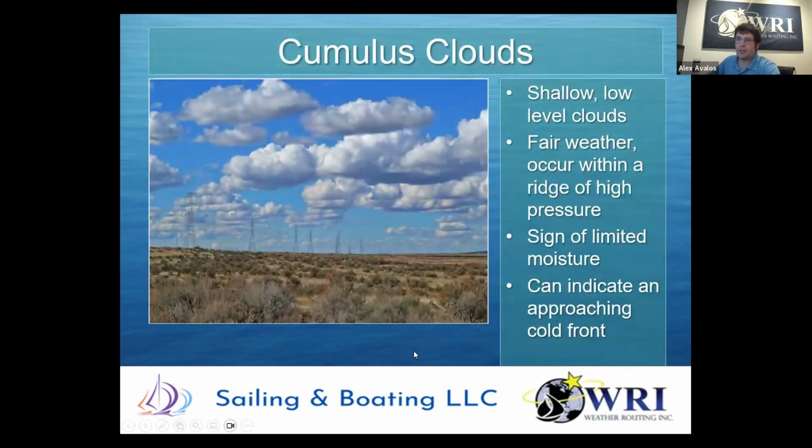So cumulus clouds are very common, especially in the summer months. These clouds tend to be more shallow, usually because of a lack of moisture. So cumulus clouds in association with cirrus clouds tend to be the strongest indicators of relatively fair weather. These occur within ridges of high pressure, and as I said, are signs of limited moisture. However, there is a caveat to that because cumulus clouds can develop even further, which can be the sign of an approaching cold front. So while cumulus clouds appear benign and harmless on their own,